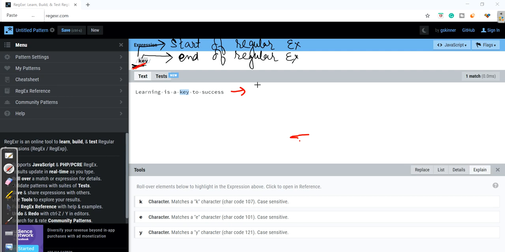And this is our text string, though we don't need any kind of quotes here. In programming languages we denote strings by quotes, but here we don't need any quotes. It simply denotes a text string.